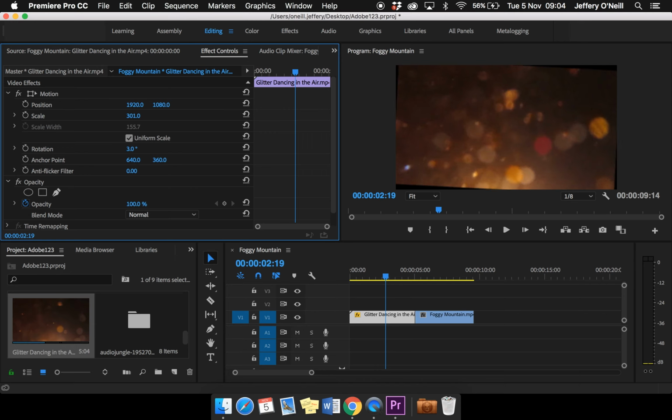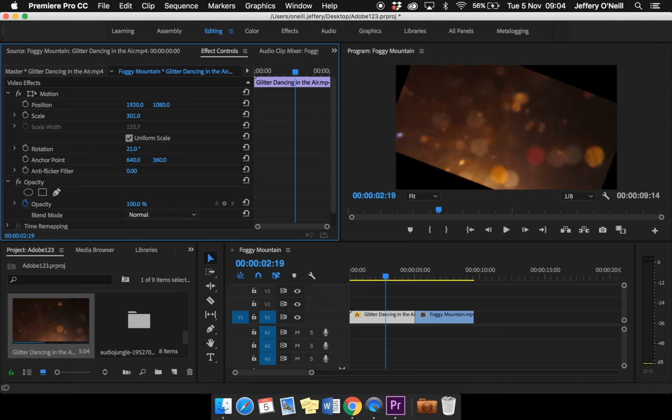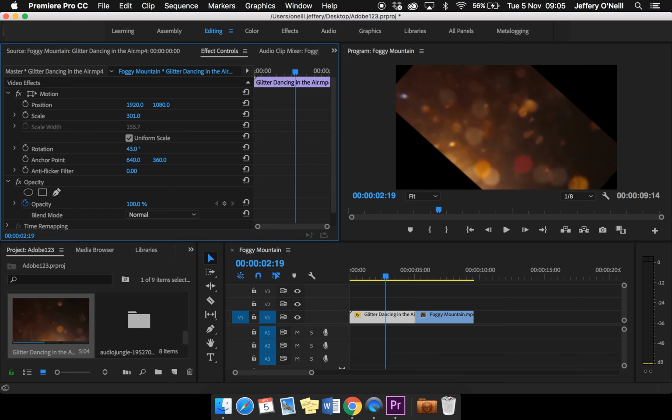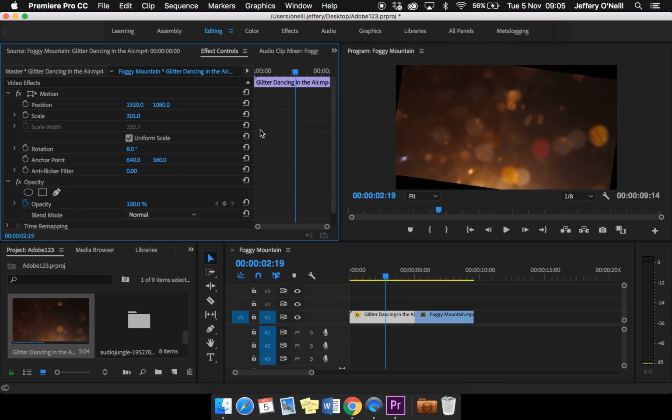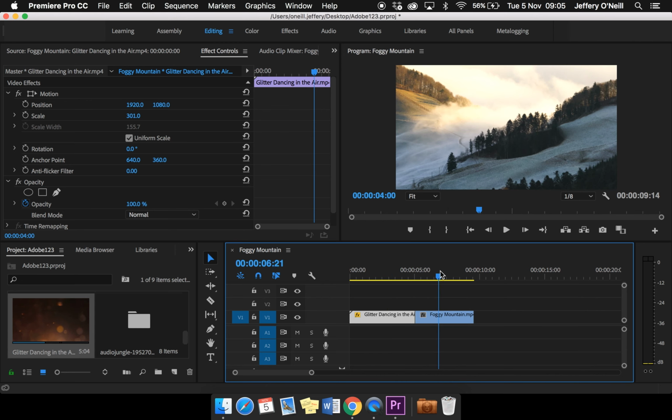Rotation as well, we'll just spin the footage around. Could be useful maybe if you want to have something upside down or you wanted to have effects, but probably not going to use that one very often, I wouldn't imagine. Alright, I'll reset that. Now one thing I will also mention is I've got my, here in my preview pane,